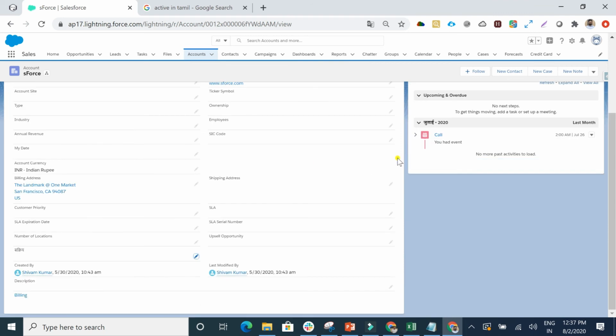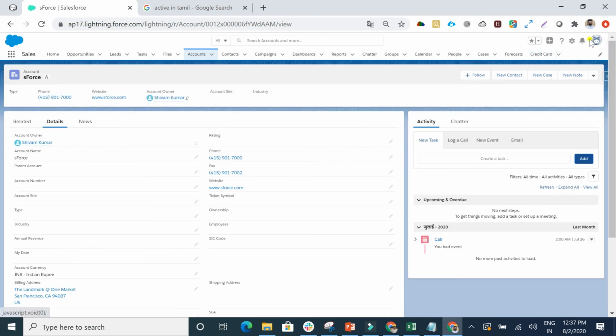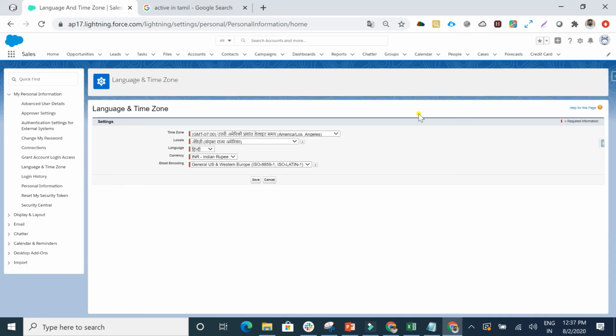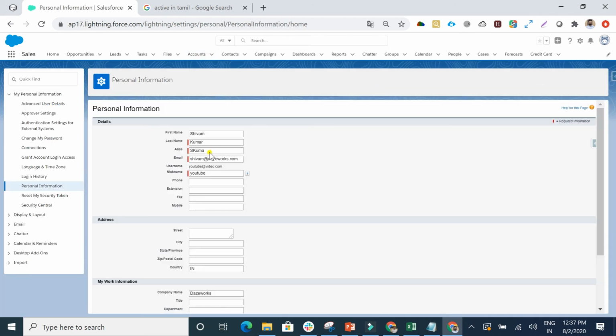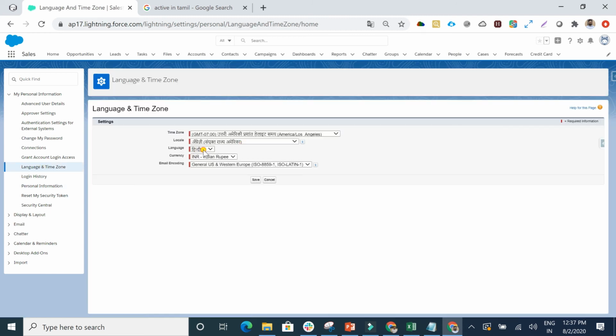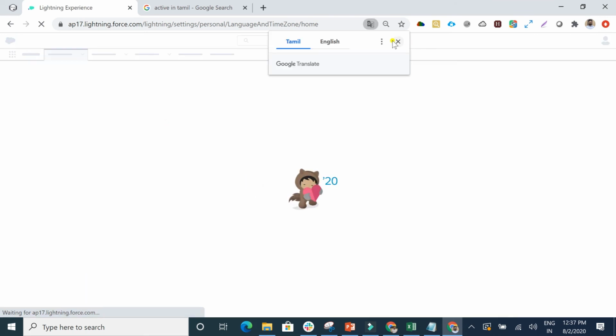So what I am doing, again cancelling it. Again I am going to the user, changing the language setting from the personal information, hitting on the language and time zone. Now I'll be adding Tamil there. Save button.